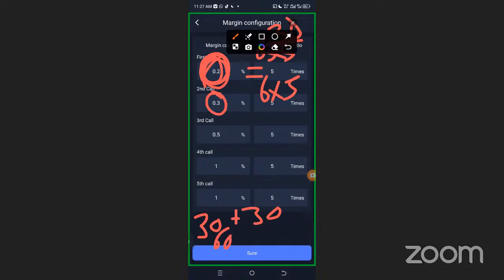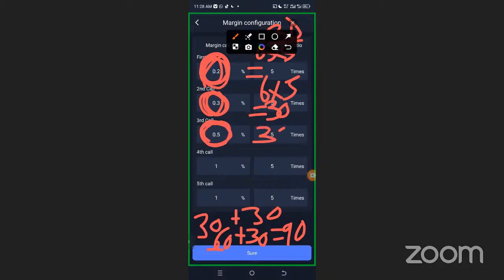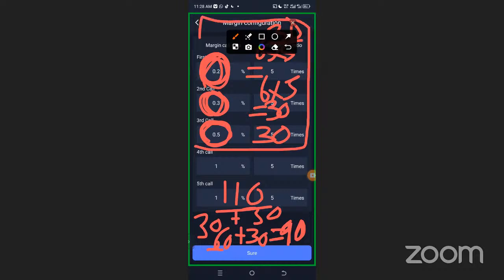If it buys the second margin call, it has also added $30. The $30 are going to be added to $60, and it becomes $90. If it buys the third margin call here, it has added another $30. The $30 are going to be added to $90 and it becomes $110. If the market stops dropping from the third margin call,